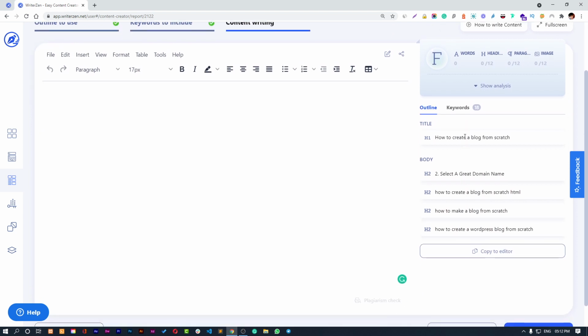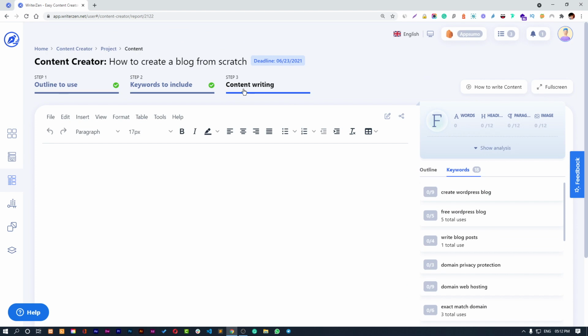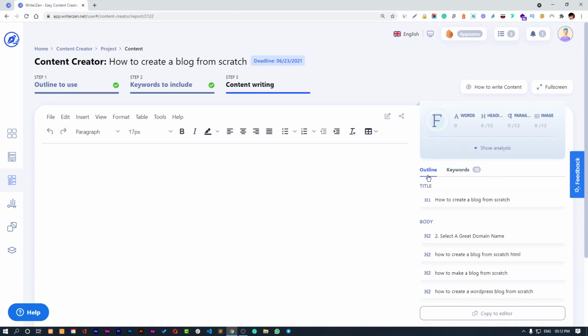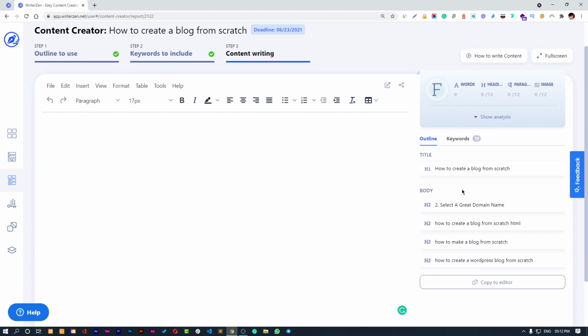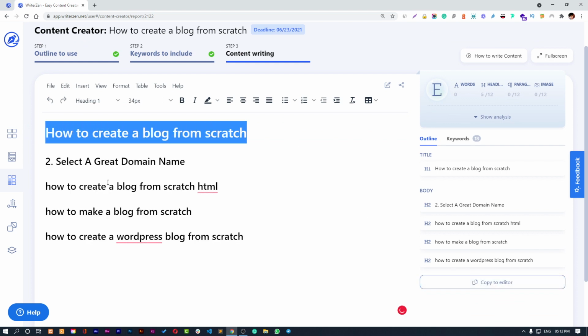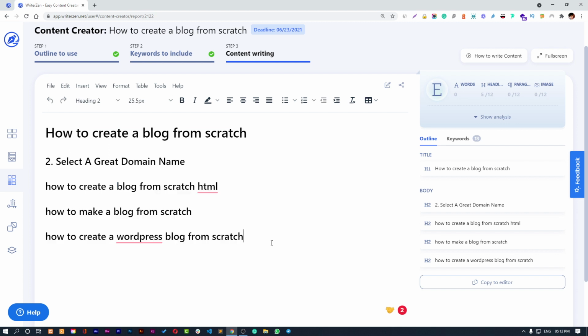So we have keywords over here, all the keywords that we had from here, and the outline we have this. So this is coming from here and this is coming from here, right? So you can just copy the outline to the editor. This is title and the outlines, right guys?